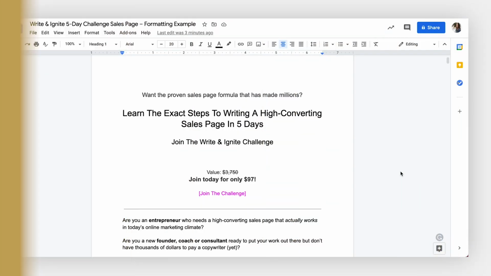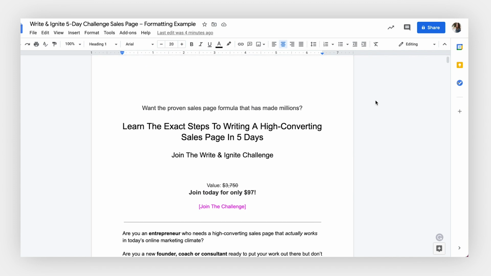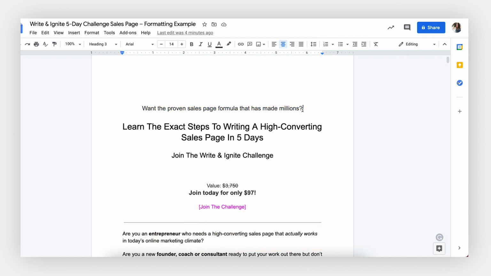So I like to follow a maximum 3 headline rule: a pre-headline, main headline, and sub-headline. Now, I'll often have only 1 or 2 headlines, but I will never have more than 3. That is just overkill in my opinion. So you want to make sure you size your headlines larger than the body text of your copy to make them, well, headlines, obviously. So the pre-headline, which is the text that comes before or above your main headline, should be around a 14-point font. Now, the pre-headline is great for opening a loop with a rhetorical question or a curiosity-piquing statement.